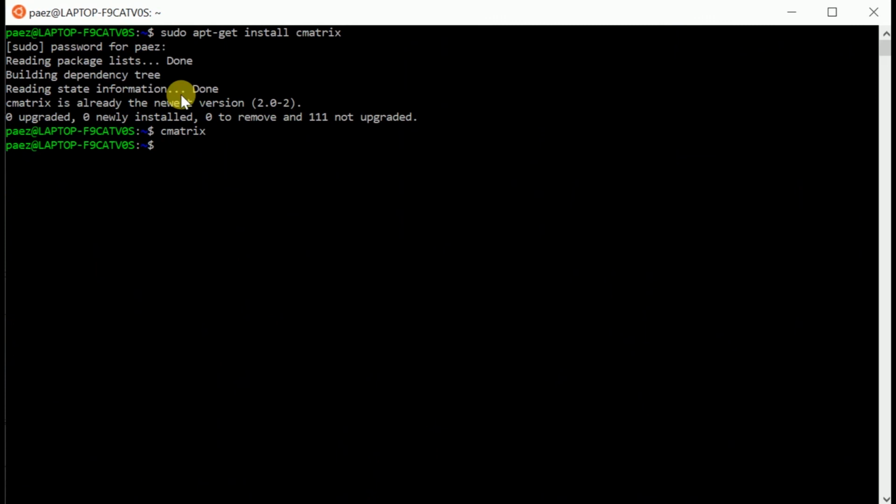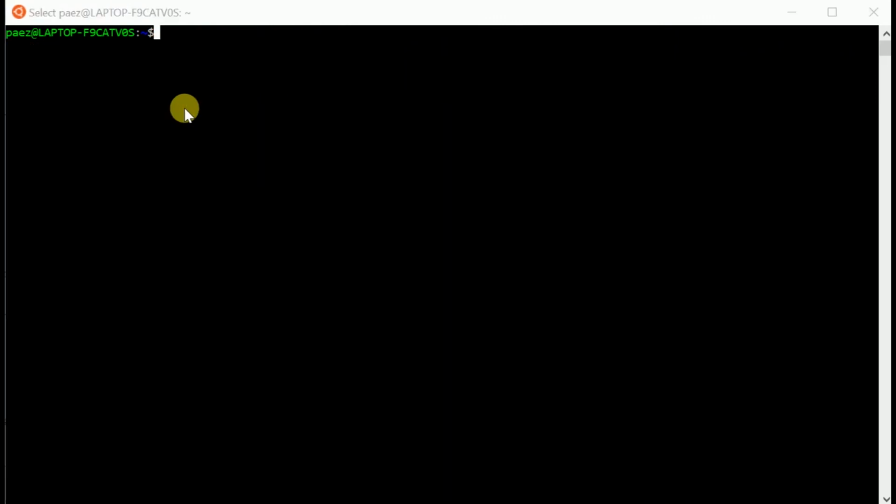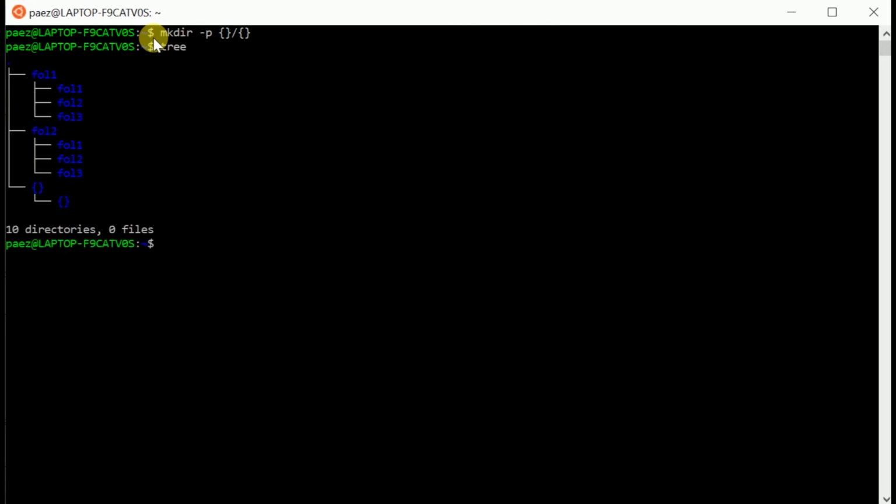So these are the 7 Linux commands you should know. To recap, we've discussed the mkdir command for making multiple folders and multiple subdirectories in this fashion. And we have discussed the tree command to get a tree representation of your directories.